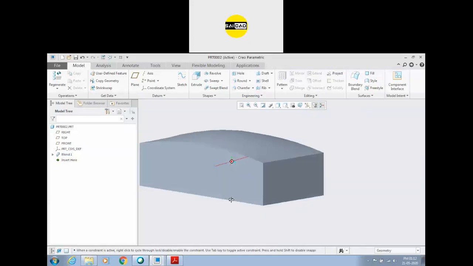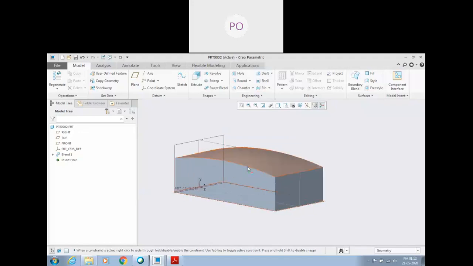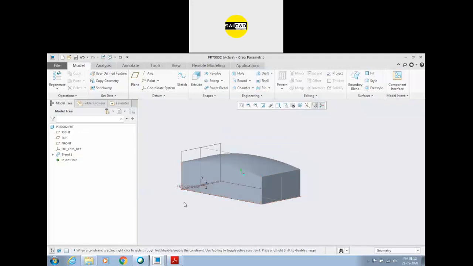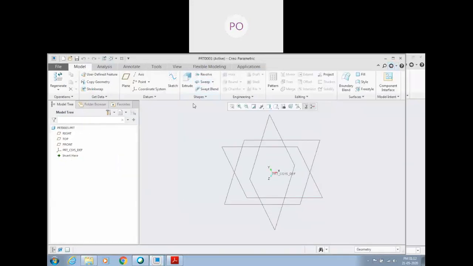From where, sir, will you first start? First of all, sir, you have created that middle figure with the 80 degree arc, right? Yes. So after that, we'll select the top plane and draw an arc. Okay, you want to sweep that. Yeah, but it is not getting done, showing an error. Yeah, that is not possible.